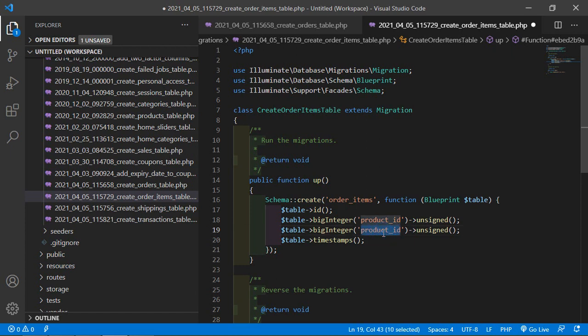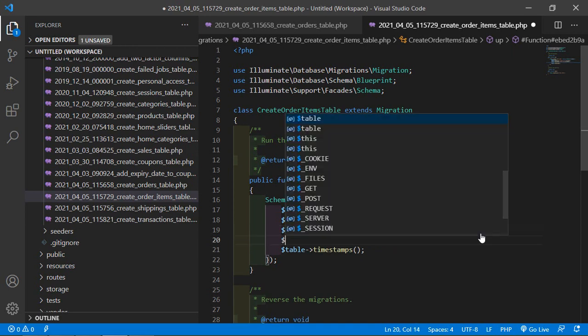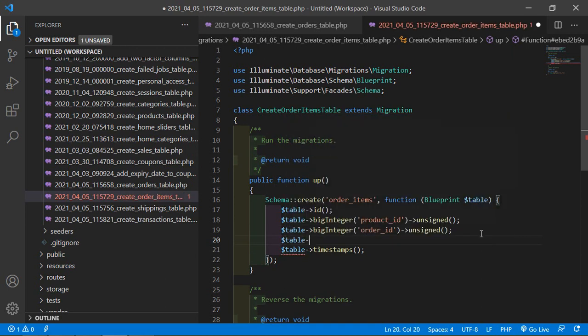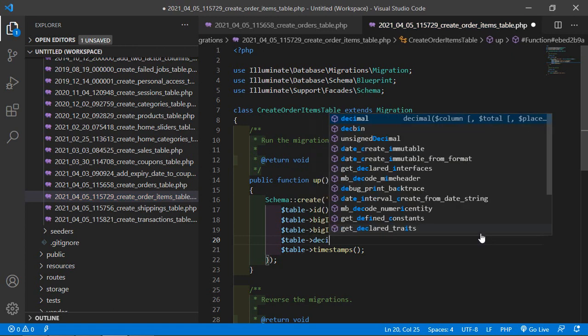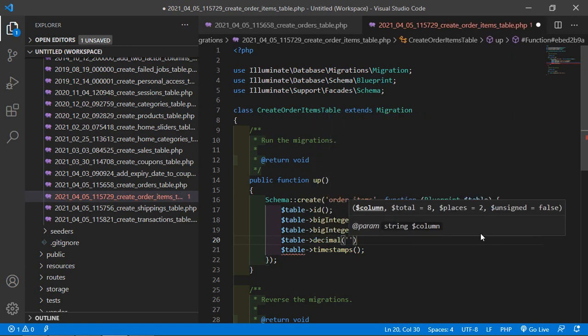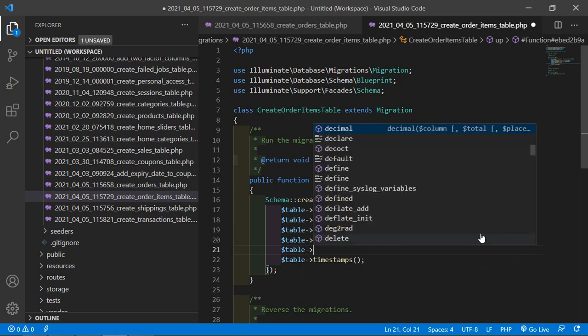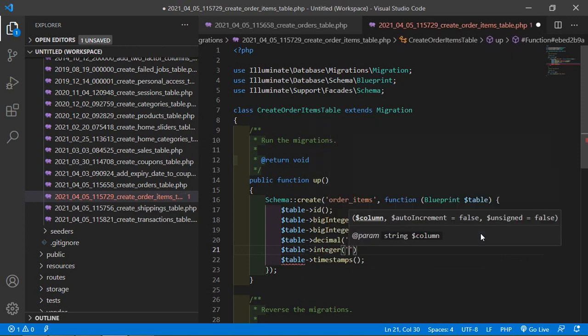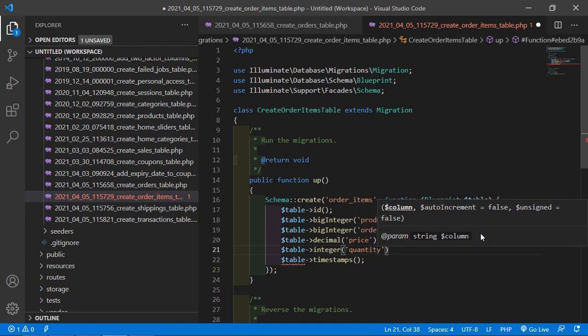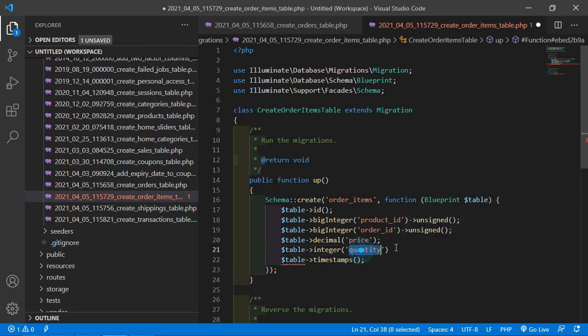Change here the column name to order_id, unsigned, and another column which is $table->decimal and column name price, $table->integer and column name quantity. Alright, okay,